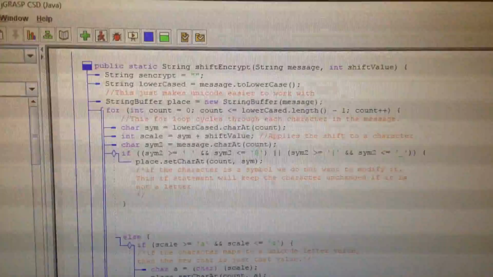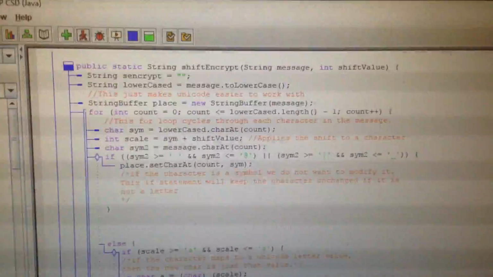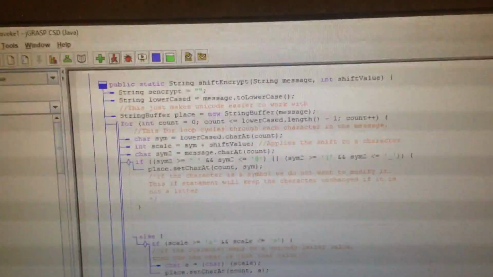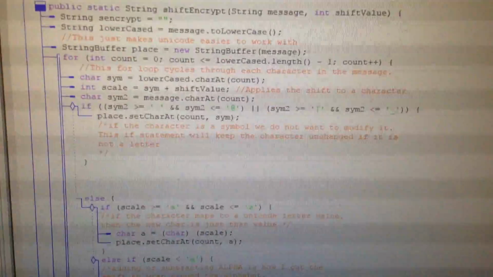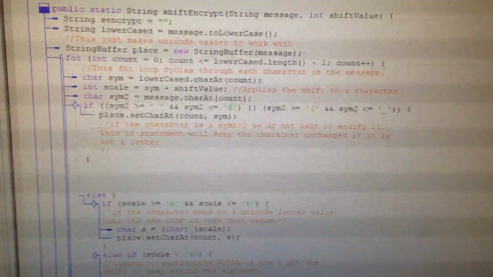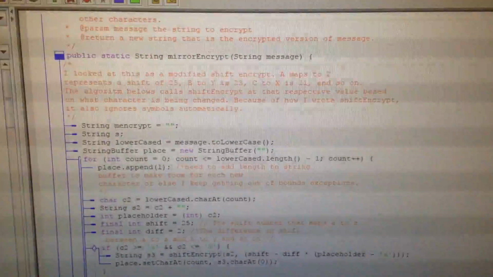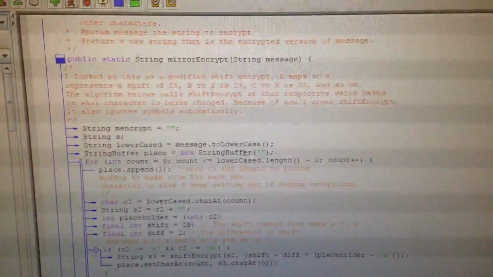I do this by using a string buffer. I cycle through every character in the initial message to shift it by that certain amount. Then whatever value you get after you shift it, I insert that into the string buffer at the same index. So yeah, that if statement there is just accounting for symbols because we don't want to change those. The else,